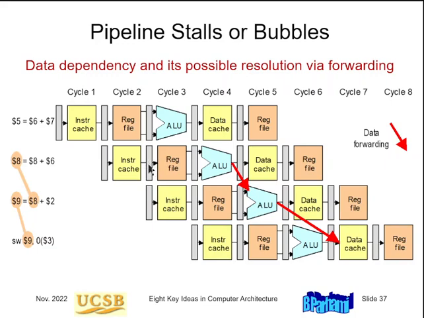So as this instruction executes, the ALU computes the sum, but that value is not stored in the register until 2 cycles later. Meanwhile, this next instruction needs the contents of register 8 right here, because it has to be fed to the ALU. But that value will not be available until here. And this is solved by something called data forwarding. It's an interesting discussion in computer architecture.